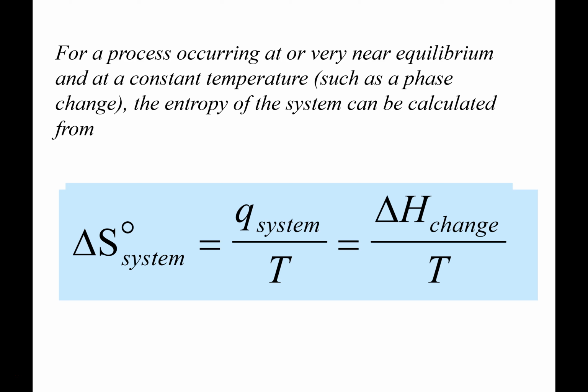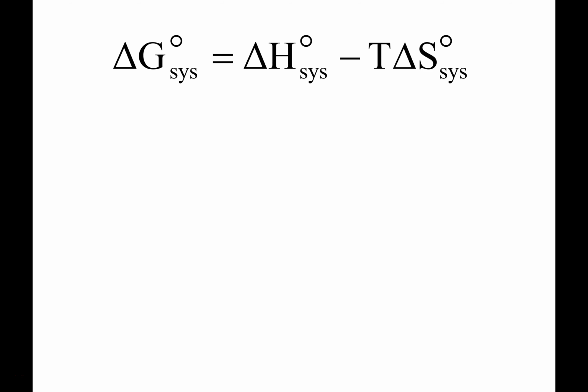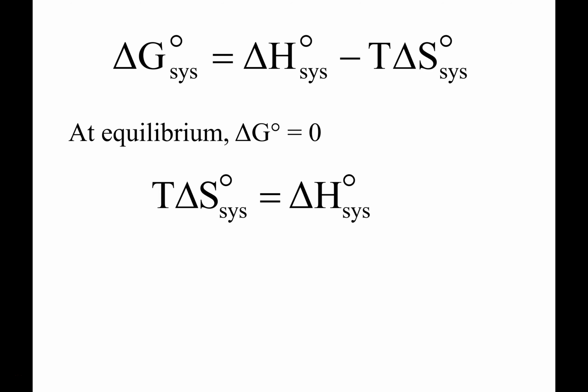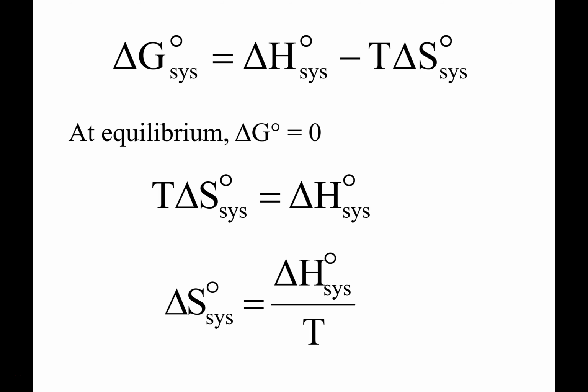So if you're at equilibrium, this threw me off too. If you're at equilibrium, then delta G is 0. Actually, I think I show it in my next slides. If delta G is 0, then the magnitude of your change in entropy term is equal to the magnitude of your delta H. Here we go. Delta G is 0, so put a 0 there, rearrange it. Actually, can I show you the derivation of the previous blocks? Then we can bring that T over to that side. So this is at equilibrium.